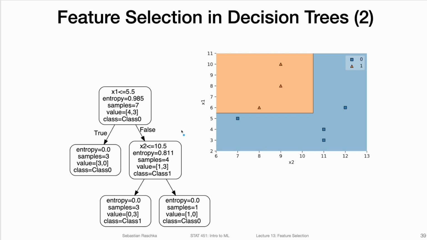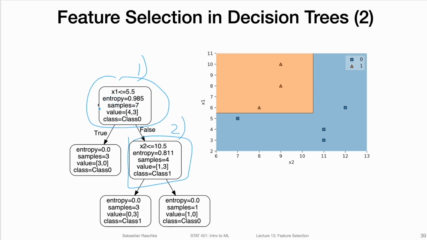So here I have a decision tree that I actually fit in scikit-learn to classify this data set. And if you don't believe me that this is an actual decision tree, you are welcome to go back to the decision tree lecture where we had this as a code example. I should probably also put the links again under the video so you can double check and run the code yourself. So what's going on here is that we have a decision tree that does two splits. The first split is this one here. And the second split is this one here, where it's splitting on another feature.